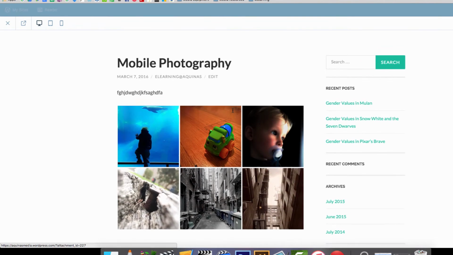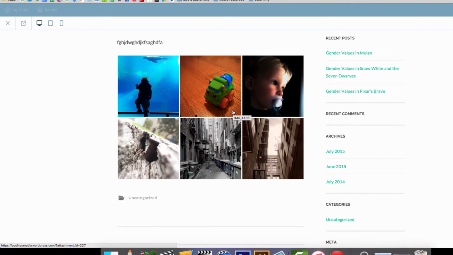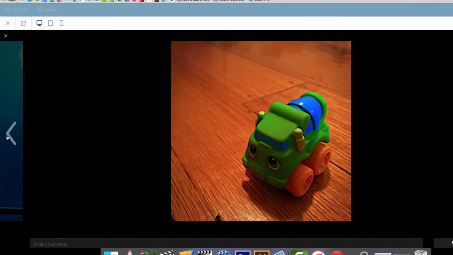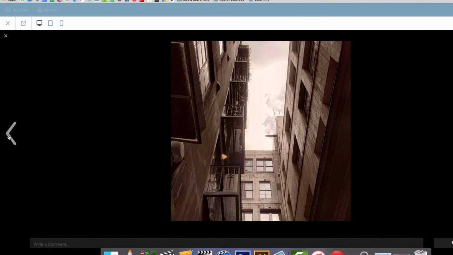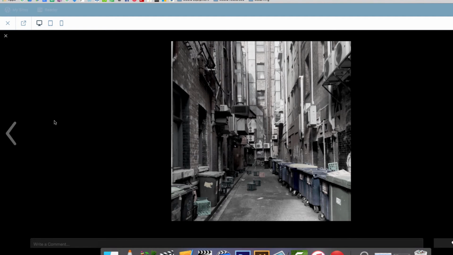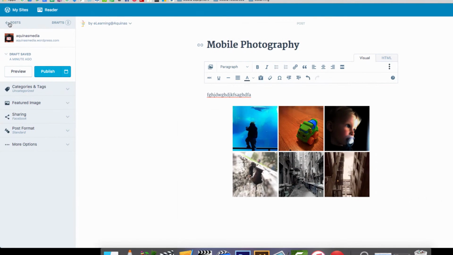And what you can see if I scroll down here is there's my images, but they're still in a gallery format at the moment. If I wanted to look at them individually, I can tap on one and it'll come up in this format where I can look at these photos individually. Okay, so if I get back out of that,